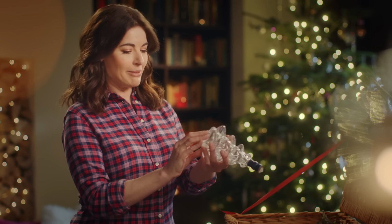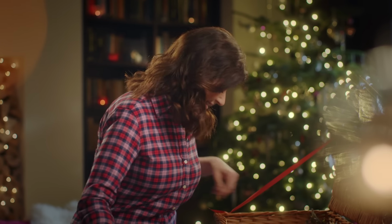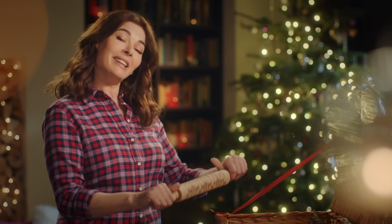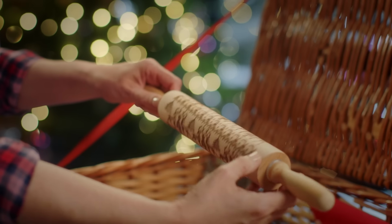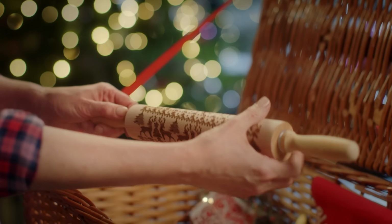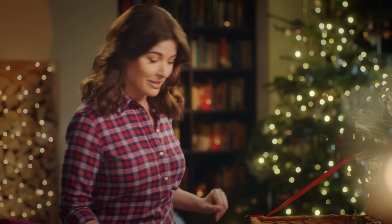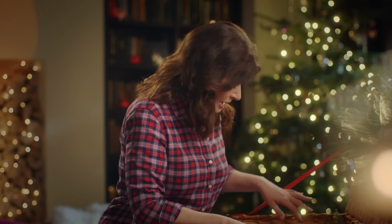This used to have a Christmas liqueur in it. I can't exactly remember which one it was, but could come in handy. Not sure. The same could be said for this. It's one of my late-night online purchases, a seasonal rolling pin. But you never know. One day I might be filled with an urgent need to make reindeer-stamped pastry. I might. But what I actually am rummaging about for